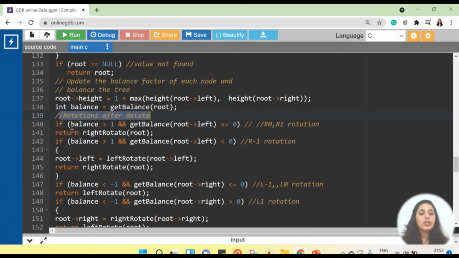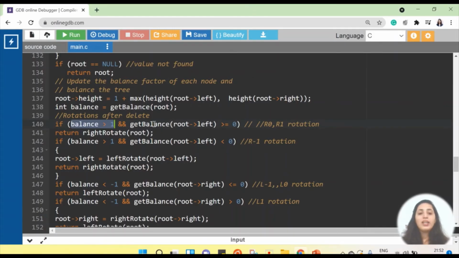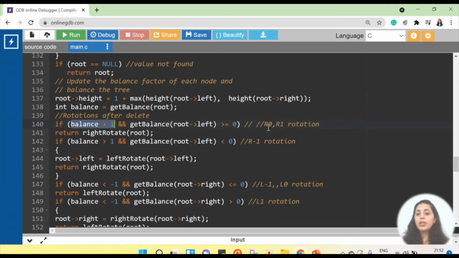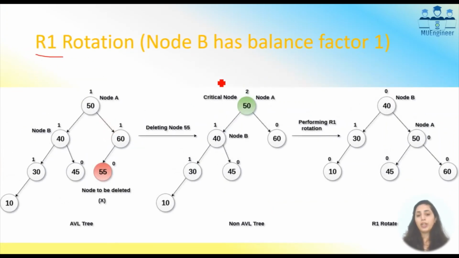Okay, so now let's just check this. If balance factor is greater than 1, that means here, yes, the balance factor is 2, it is greater than 1, and balance of root's left is greater than equal to 0. So root का left का balance क्या है? Equal to 0. ओके, सो अगर equal to 0 है तो मैं R0 रोटेशन अप्लाई करूंगी. R0 रोटेशन क्या करता है? सिर्फ राइट वाले उस रूट को राइट रोटेट करता है. So apply right rotation on that root node, that means at 20. बराबर है. After this we will perform R1 rotation.